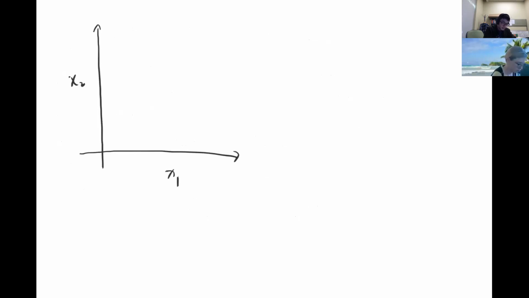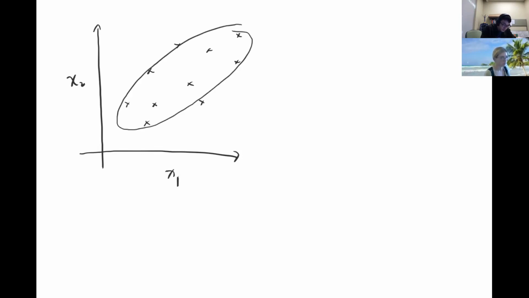All right, so the question is kind of what's going on here. Let's say we've got a couple variables. So we're going to look at x1 and x2, and you've got a bunch of data points that might look something like this. So I want to be able to essentially look at something like this,